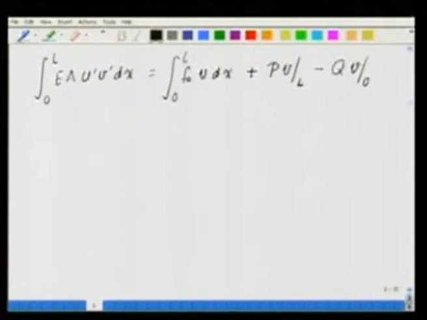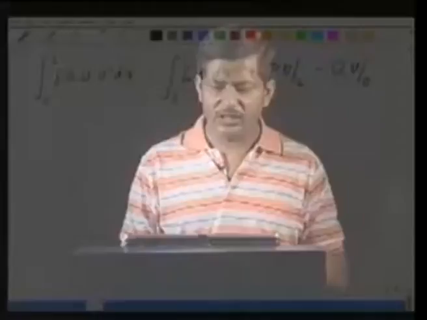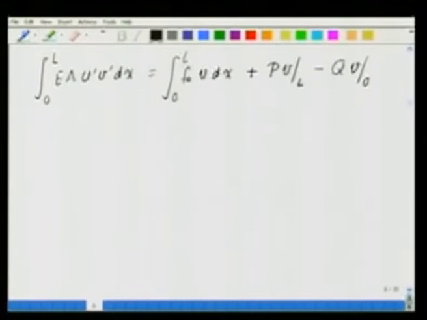Now, I would like to ask this question, that because we have chosen our v to be the functions phi I, which of the v's will be 1 at point x equal to 0 and 0 at the point x equal to L. So, that is, I would like to know which v will be non-zero here, and by now we should know that this will be equal to phi 1 evaluated at the point 0, which is equal to 1.